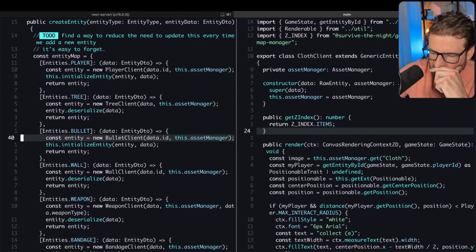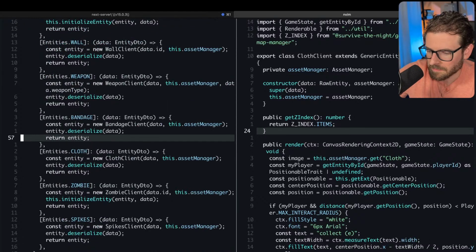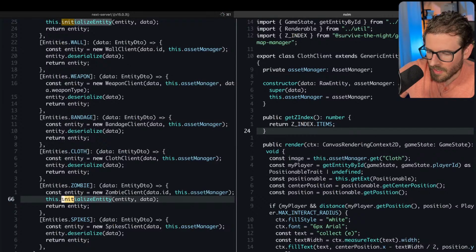So I think what I'm trying to say is I need to go find an entity called zombie. And the way we did zombies is with this initialize entity method, but we're trying to refactor to deserialize what comes over. Okay, so I put data here and just save that.